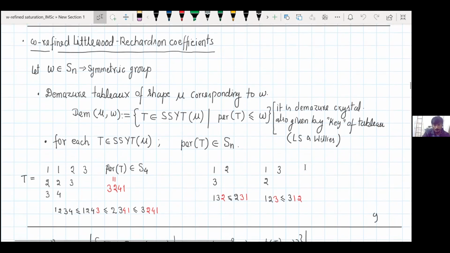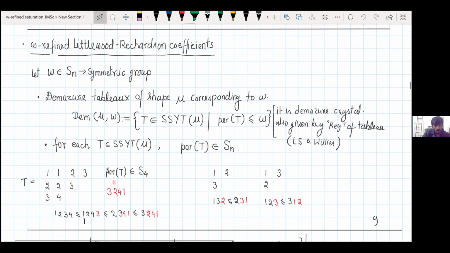What order are you talking about here? This is the Bruhat order. So this is a permutation, and this is also a permutation. Everything is written in one-line notation, and this is the Bruhat order. Sorry to interrupt, but then I don't see how 2341 is unique. If I have 2314, it has two inversions, and it would still be greater than 1243. I don't see how 2341 is unique.